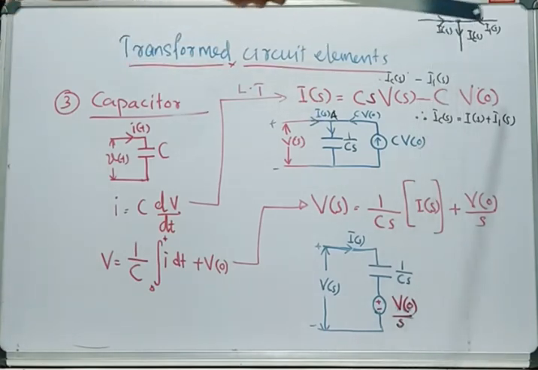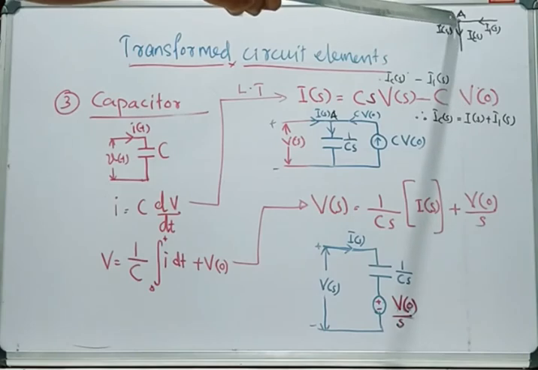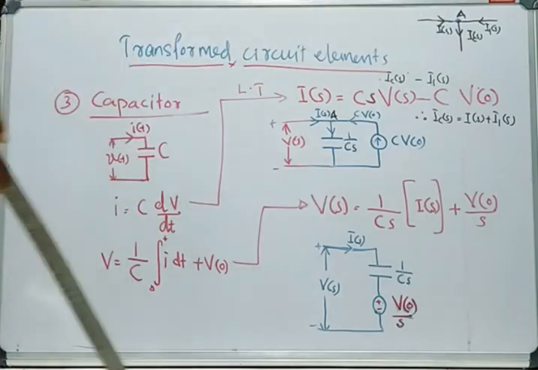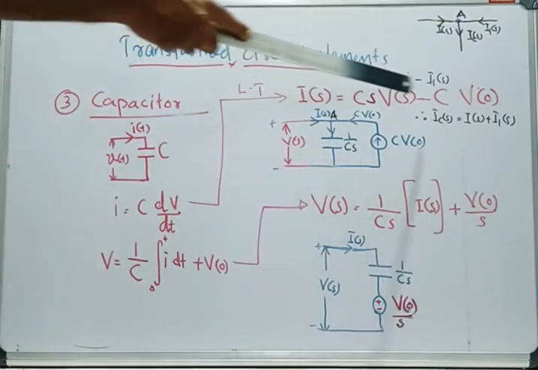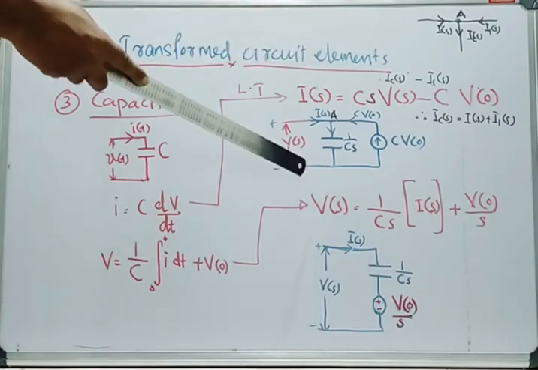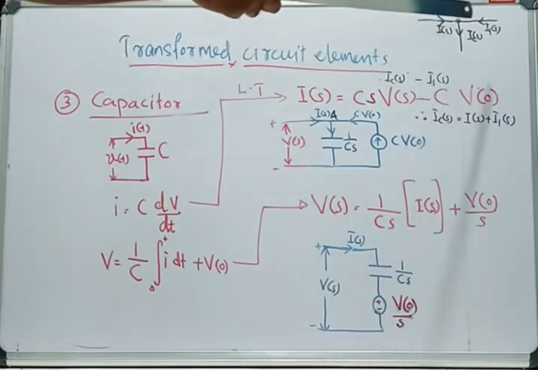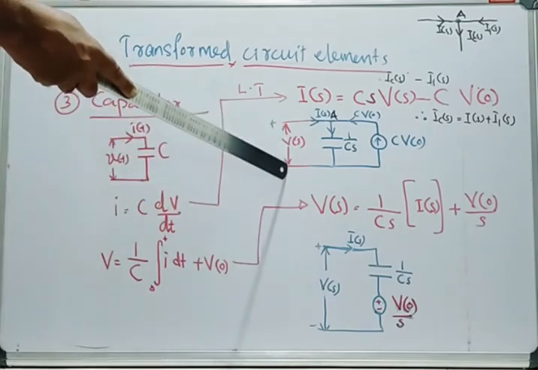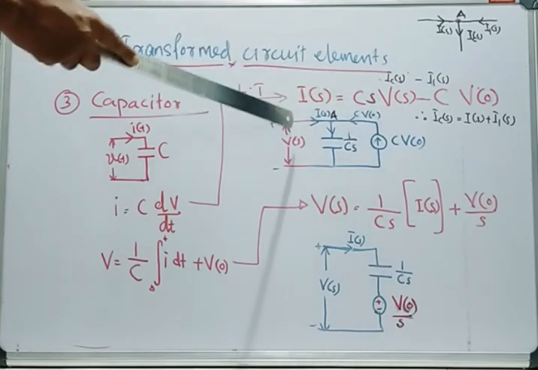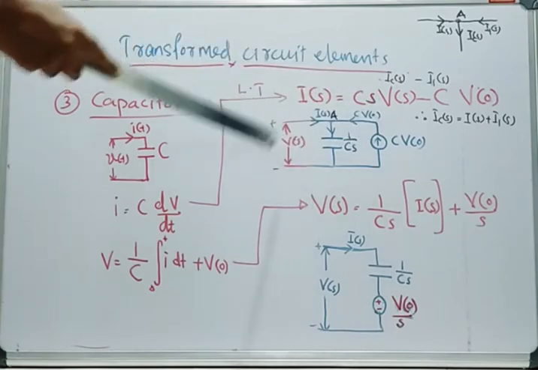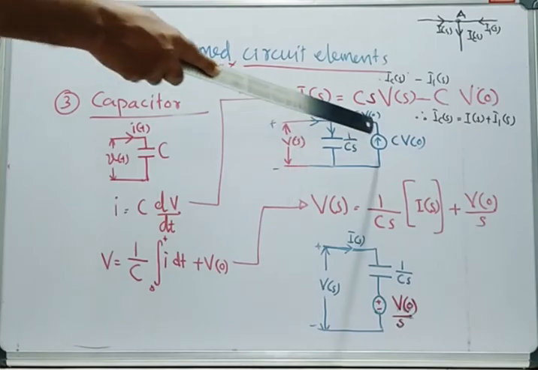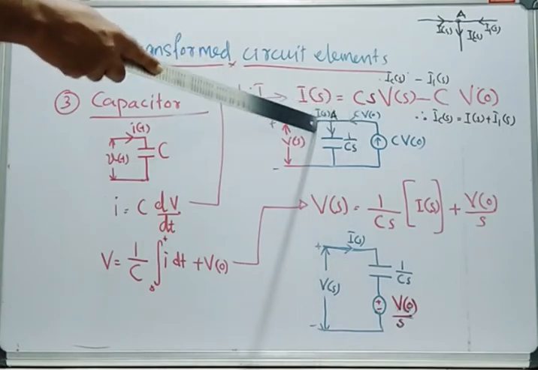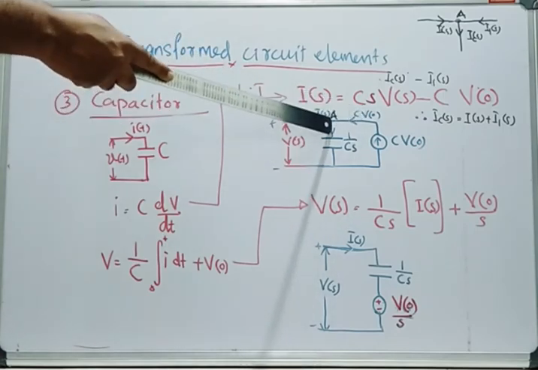So this equation can be represented in this way considering KCL. Here I of s and I1 of s are incoming currents to node A and IC of s is the outgoing current from node A. So when we are converting this equation into the corresponding equivalent circuit, we need to consider this KCL principle. When we are applying a voltage source V of s across the equivalent circuit, a current I of s will flow through the circuit. Along with that current, another current having value C into V0 is coming to this node, and some of this current is going through this capacitor.